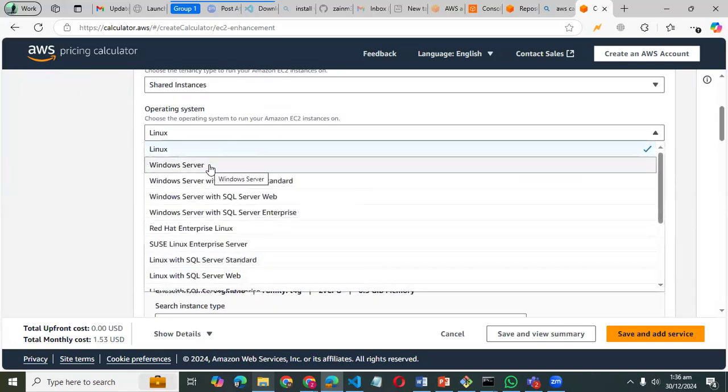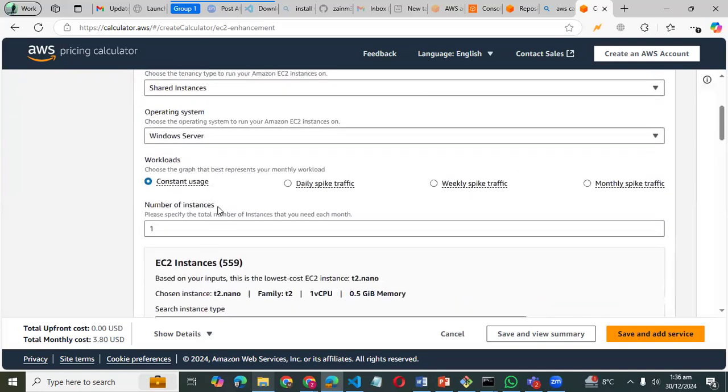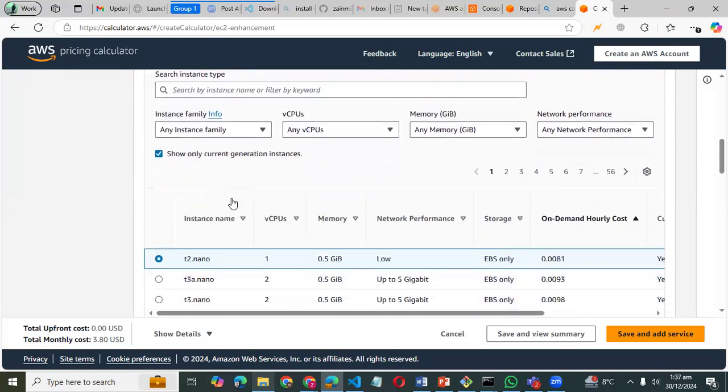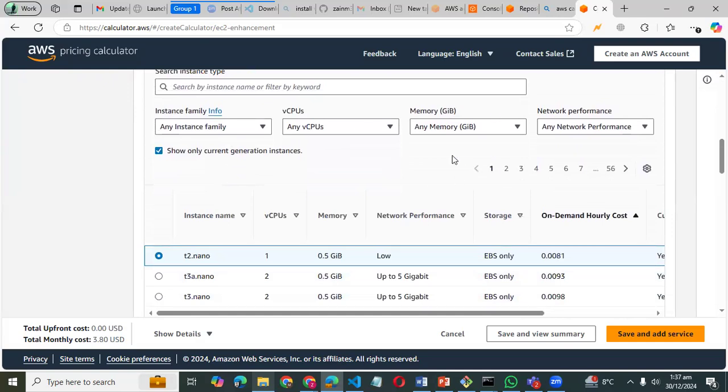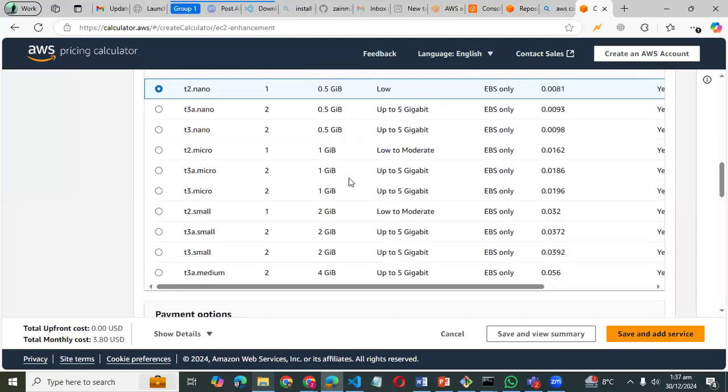Let's suppose I want to create a Windows instance. What type and how many instances do you want to create? Let's suppose I want to create only one instance, and how many CPUs and how much memory you want this instance to take. Let's suppose I want one CPU and this memory, T2.nano,